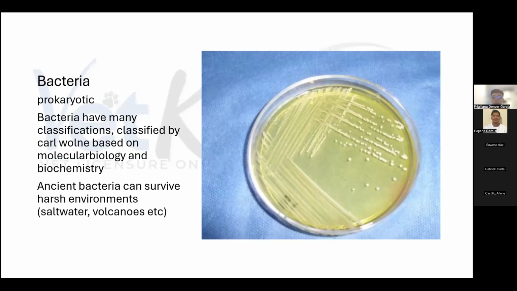Next we have bacteria. They are prokaryotic species. And marami siyang classifications. However, there's only two broad classifications of bacteria. We have Eubacteria and Archaeobacteria. So Eubacteria, these are also known as the true bacteria, and majority of pathogenic and non-pathogenic species of importance belong there. Ancient bacteria or Archaeobacteria are found in the most extremes of conditions. So makikita natin sila sa mga bulkan, sa Arctic areas, kung saan it's either napakataas or napakababa ng mga temperature.